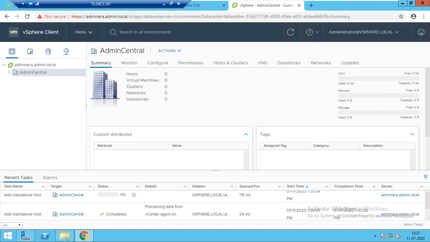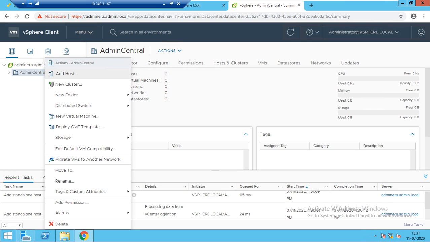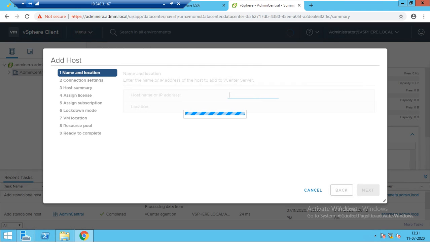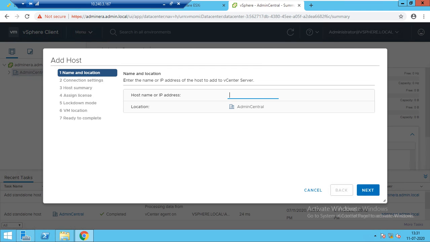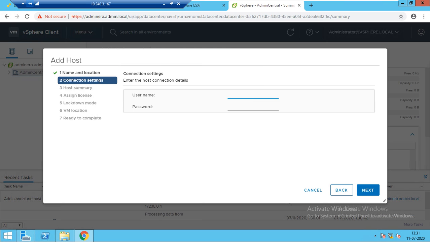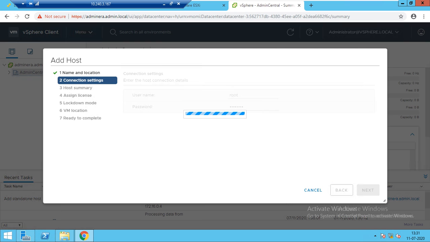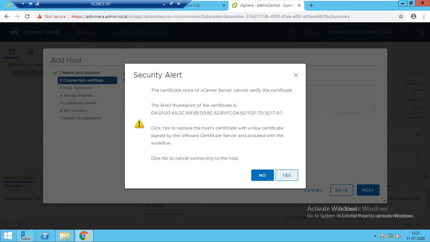Same for the third: right click, add host, we'll give the IP address of the third one, next. We'll provide the username root and the password which we set while installing ESXi.